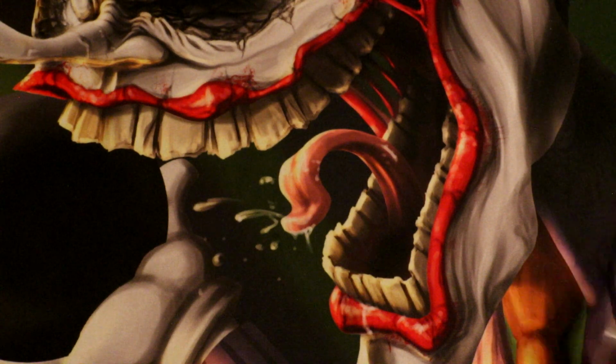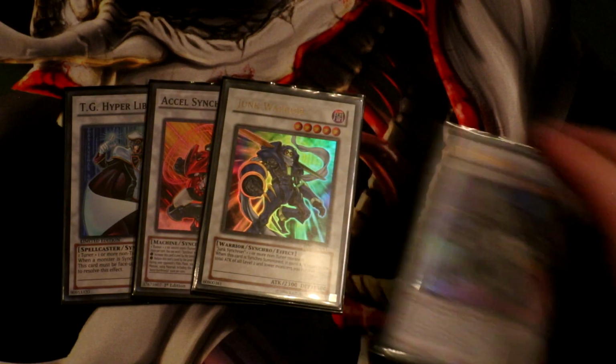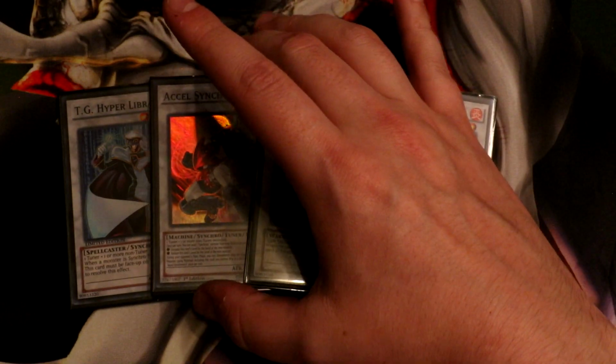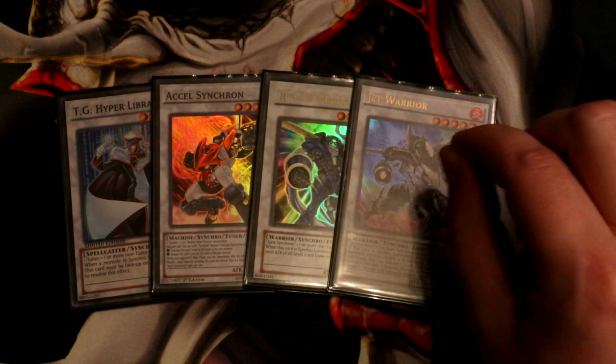Then we're playing level 5s. We're playing the 1 TG Hyper Librarian because you can't play more than 1. Unfortunately, we're playing the 1 XL Synchron, the 1 Junk Warrior, and the 1 Jet Warrior. The Junk Warrior and the Jet Warrior are in here for the quick draw targets, as well as once I start using the Librarian to go off and the XL Synchron to do its stuff, and the Jet Warrior,